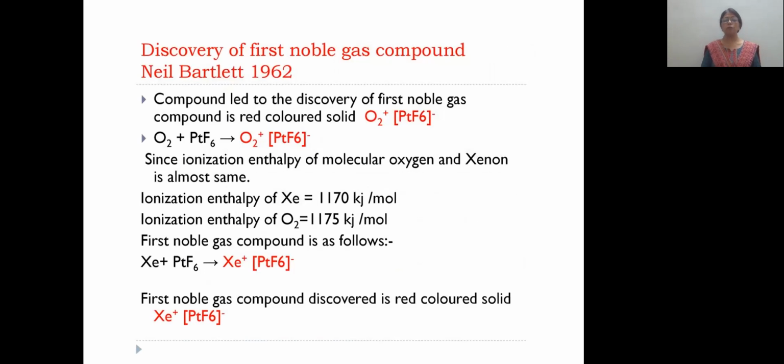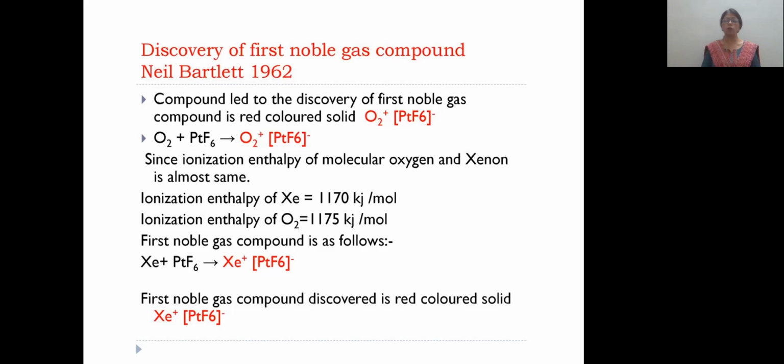It is due to the noble gas compound. This was discovered by Neil Bartlett in 1962. The compound that led to the discovery of the first noble gas compound is the red colored solid O2PtF6. Neil Bartlett was working on this compound and then he observed and realized that the ionization enthalpy